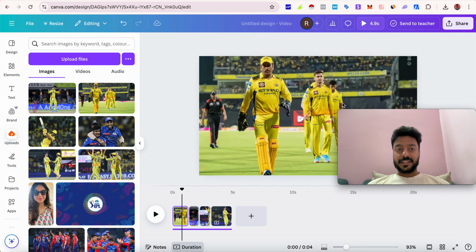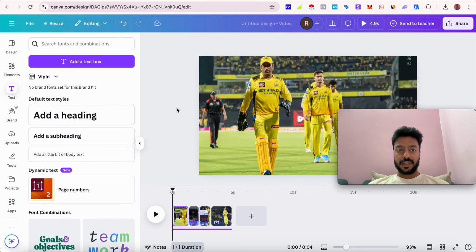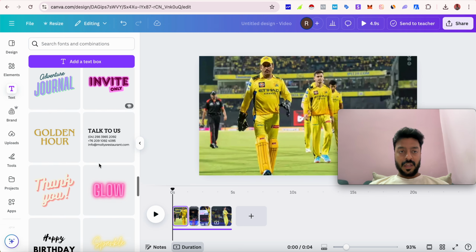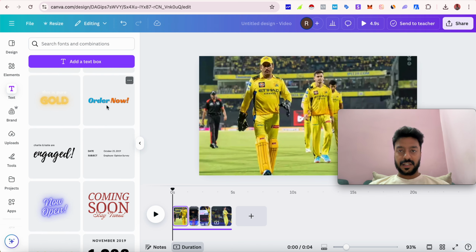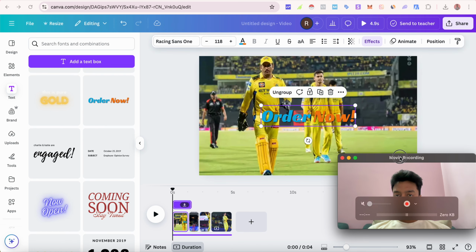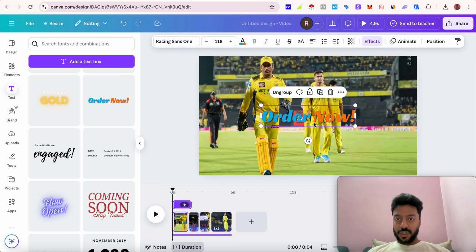You see, the video has been animated. If you want to add some text, definitely you can do it. So let's say I want to add text on the first video. So you go and select the text part and then you choose whichever text you like. For example, let's say I am liking this one. So I'm gonna just write